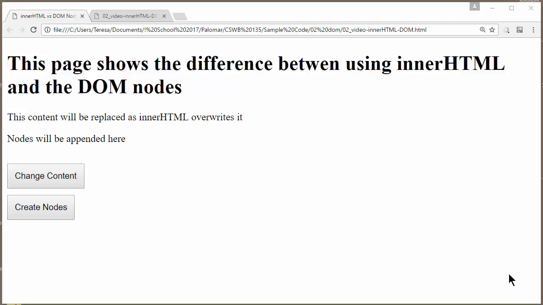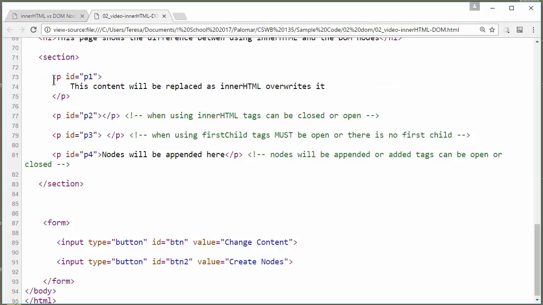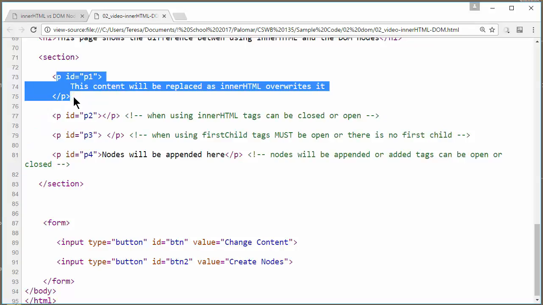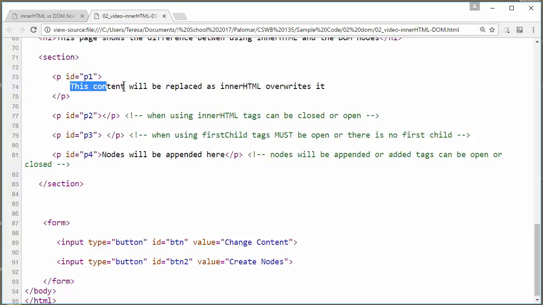I would like to show you the distinct differences between the two. And I will look at the source code here. I have 4 paragraphs. Here I have p id equals p1. Now notice, there is some content already here, and these tags are placed on top of each other. innerHTML overwrites what's inside there. It doesn't matter whether the tags are far apart or whether the tags are smack together, and that's useful because